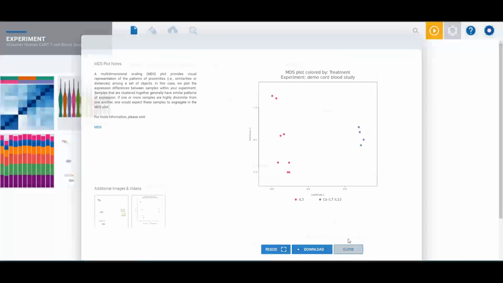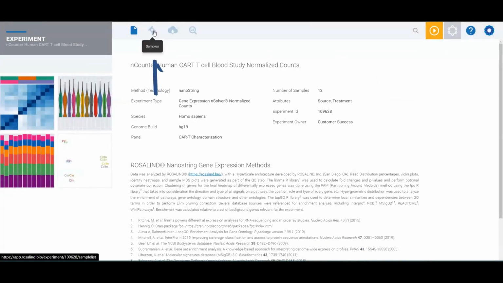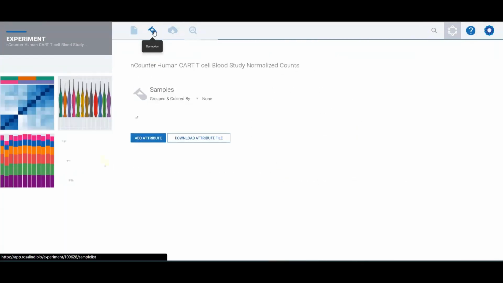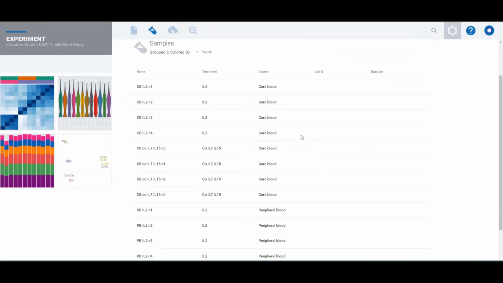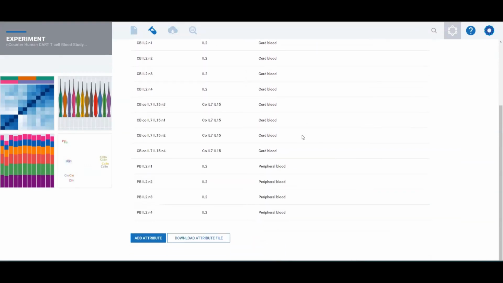The Samples tab, represented by the test tube icon, will bring you to a page listing all samples in the experiment and their corresponding attributes. It is essentially a summary of the experimental design. Here, if you are the experiment owner, you can add additional attributes that can be used to set up comparisons